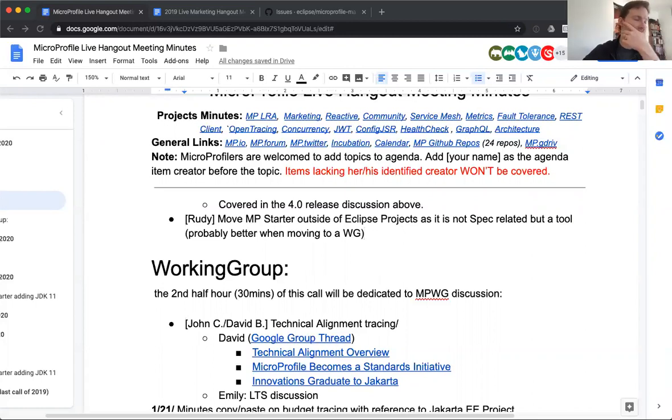Go ahead. Yeah, so I don't think the proposal is to move it away from the MicroProfile.io site. It's just the repository. Right now they're using the sandbox repository to develop code, and because of past discussions related to tooling, it doesn't look like it would be accepted as a first-class citizen of MicroProfile. So they're suggesting, maybe we should move it outside of MicroProfile just as a source repository location, and the results of it would still be hosted on MicroProfile.io.